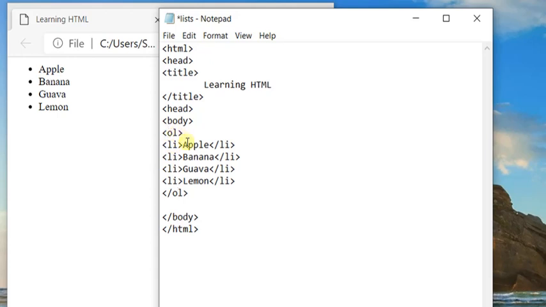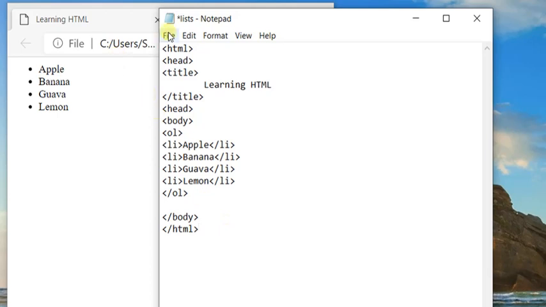That means it will create an ordered list, and within the ordered list the LI will be the same. LI means each item of the list, so it will be the same, no change. Only for unordered list it will be UL, and for ordered list the container tags will be OL.